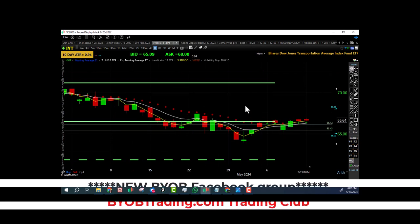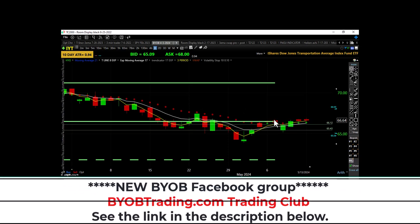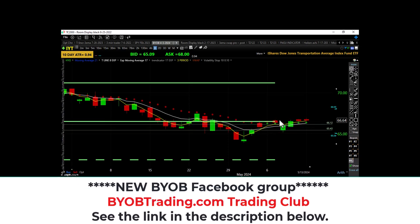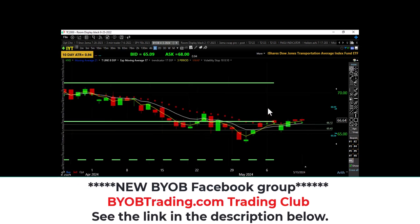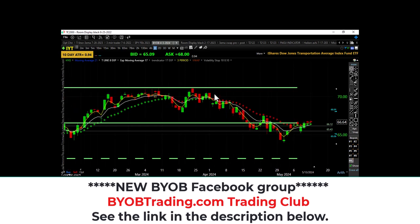IYT ever so slightly in an uptrend. Really need to break this one. They did come over the top of that, so that technically places them in an uptrend, but really I like to see them up over this pivot right there. Okay, still kind of